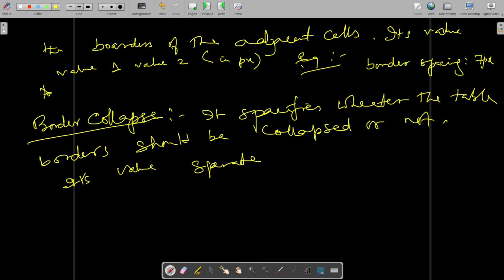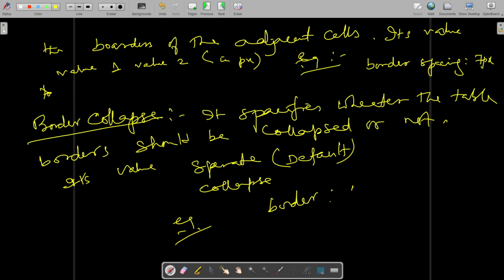Its value is separate or collapse. By default it is separate. If you don't mention anything, it will take separate. You write it like this: border collapse, collapse.